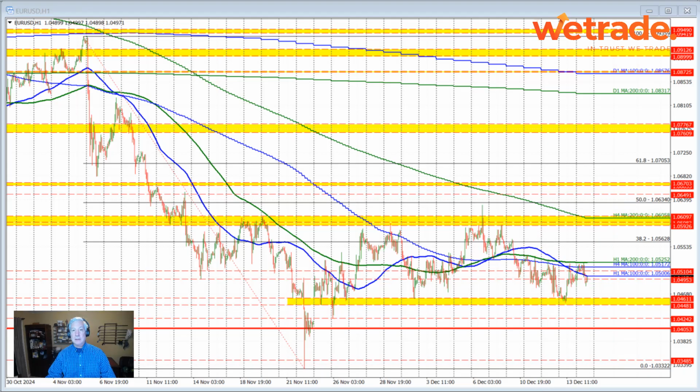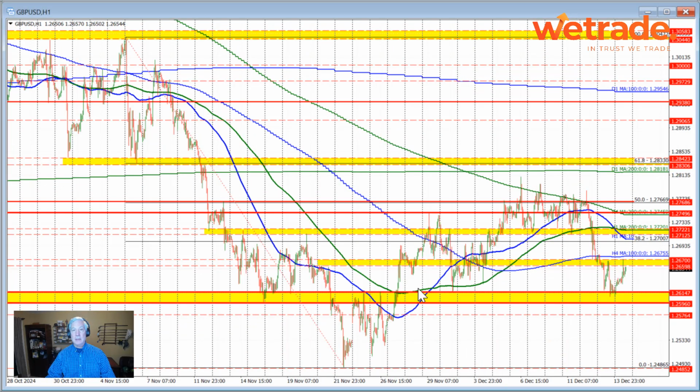Let's take a look at the sterling versus US dollar next, and again, we'll focus on the hourly chart. And when I look at the hourly chart, the pair has been supported by better PMI data this morning out of the UK, which pushed the price back to the upside. We do have a Bank of England interest rate decision this week. They're supposed to keep rates unchanged. Last week, of course, the ECB cut rates. The US is expected to cut rates this week by 25 basis points, but that may be it for the